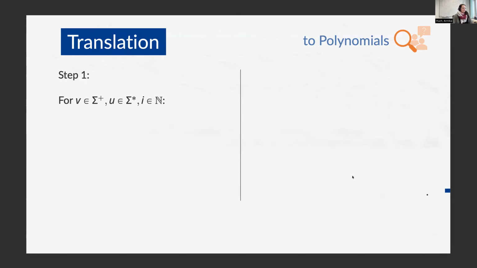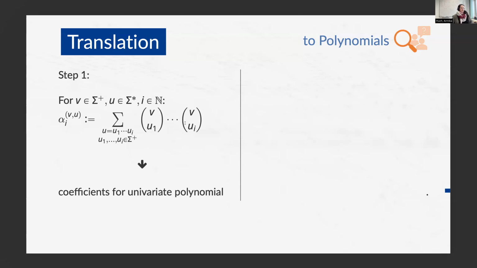So those here are the coefficients for the polynomials. They're independent of the power x. And then as a second step, we want to glue them together. So we take the part which is dependent on x,